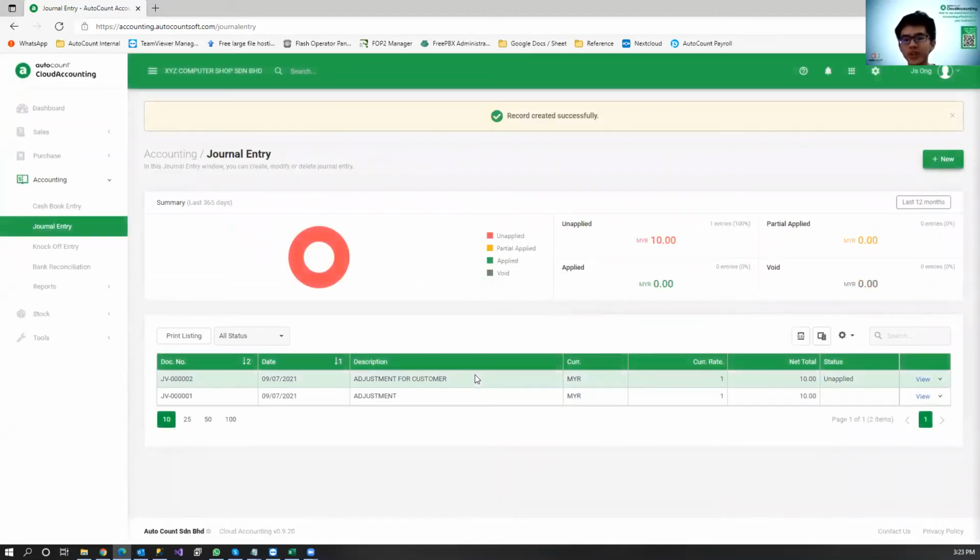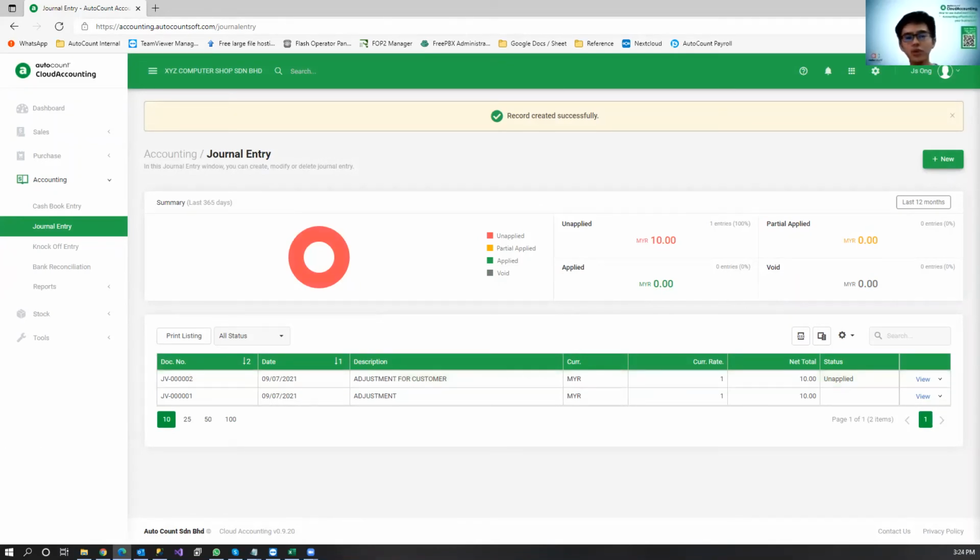So with journal able to do adjustment for debtor and creditor, your customer and supplier, there are certain things that will be very convenient. For very traditional accountants, they love this. They love to do adjustment in journals whenever there are some special scenarios happening. Okay, so this is something which we don't have in our audit, what is so-called the traditional accounting offline system, the on-premise one, but we have it over here in our cloud accounting.